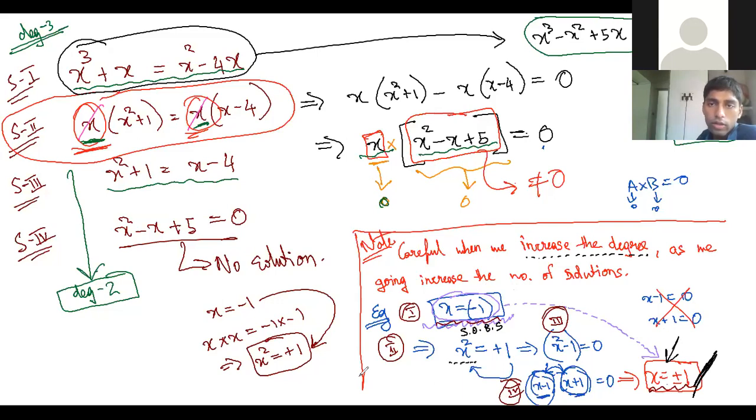Yeah. So just remember these two things, that you have to be careful when you're squaring on both sides and when you're cancelling things on both sides. That much is clear. This point is clear, na? Two things you have to be careful: squaring and cancelling on both sides, right? Okay.